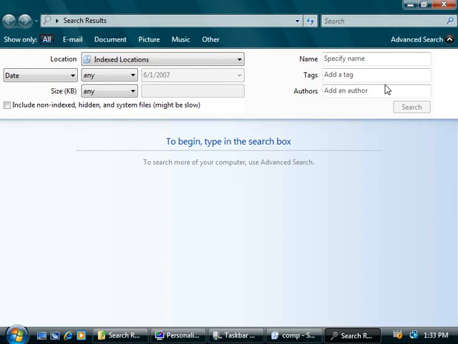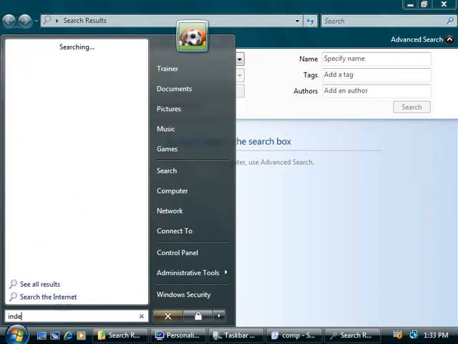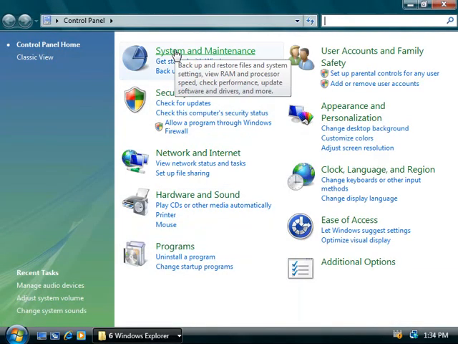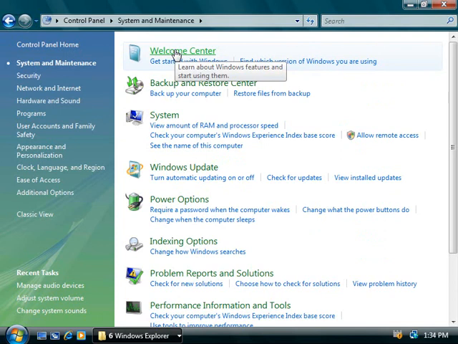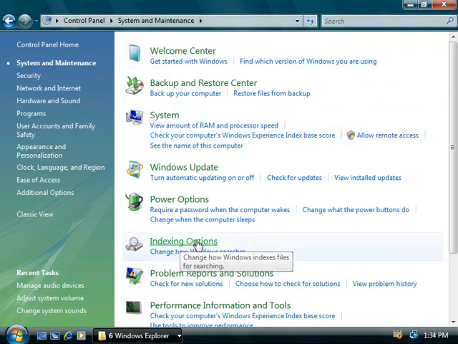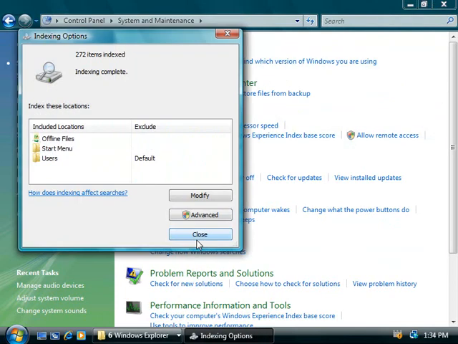to index. So to get to the indexing options, we can use the search feature. So we'll click on Start, we'll simply type in Index, and there you can see what we're after. Or you could get to this same place by going to the Control Panel. Up the top, we'll choose System and Maintenance, and then we'll choose Indexing Options. Now here we can see the default locations that Vista is indexing, so to add more locations, we'll click on